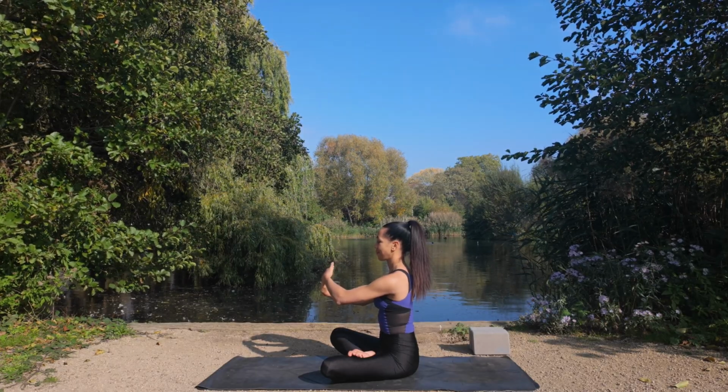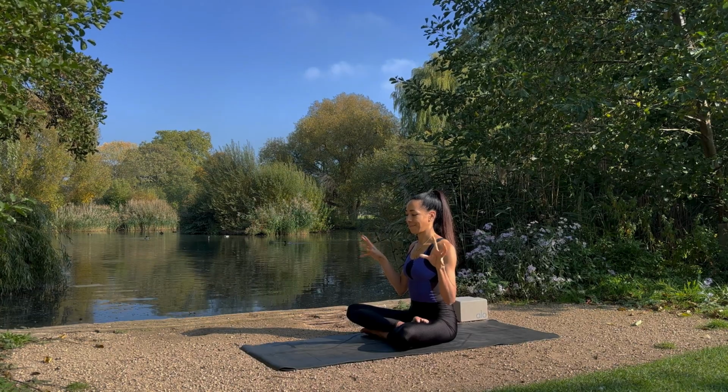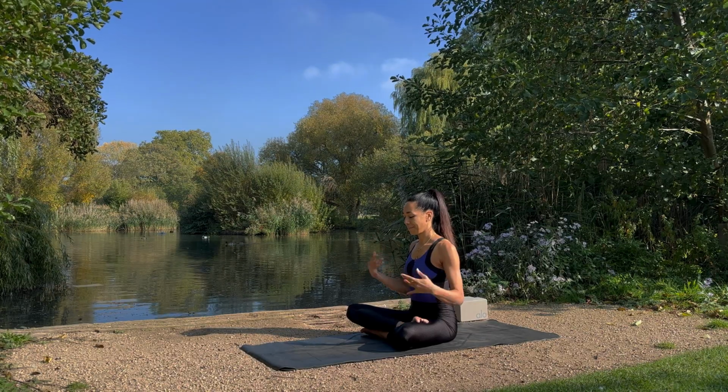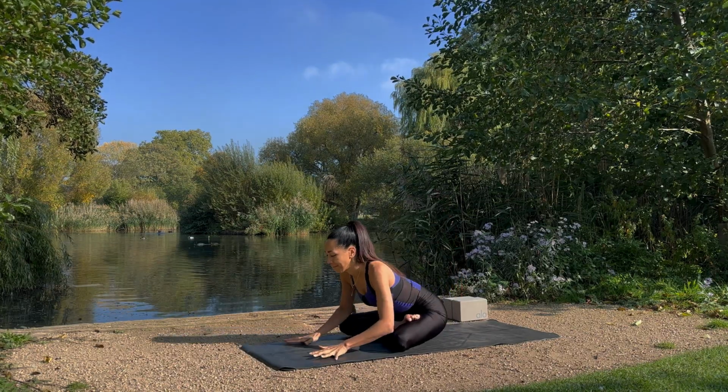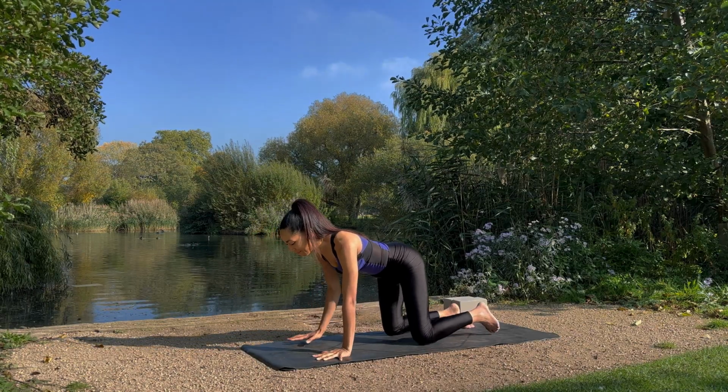Release the grip and bring both hands in front of you as you bend and extend the fingers as quickly as possible in and out of the center of your palms. This one can be a little bit tricky to do properly, but shake off the wrist, you did a great job. Bring the hands down in front of you as you come into tabletop position, getting ready to turn around